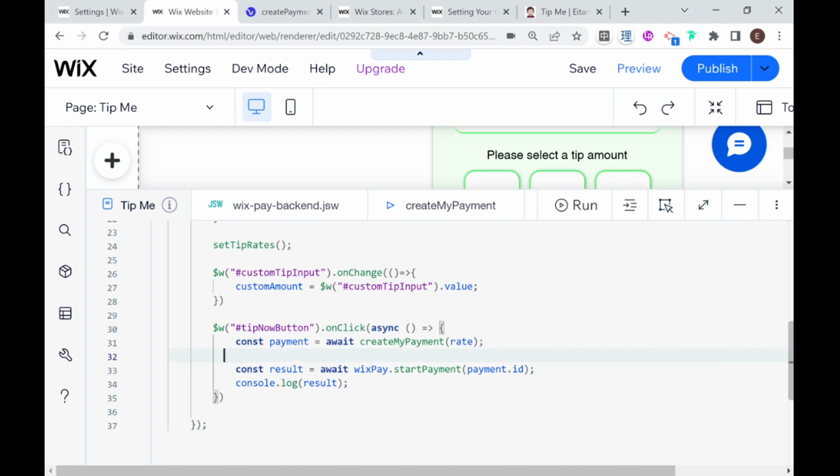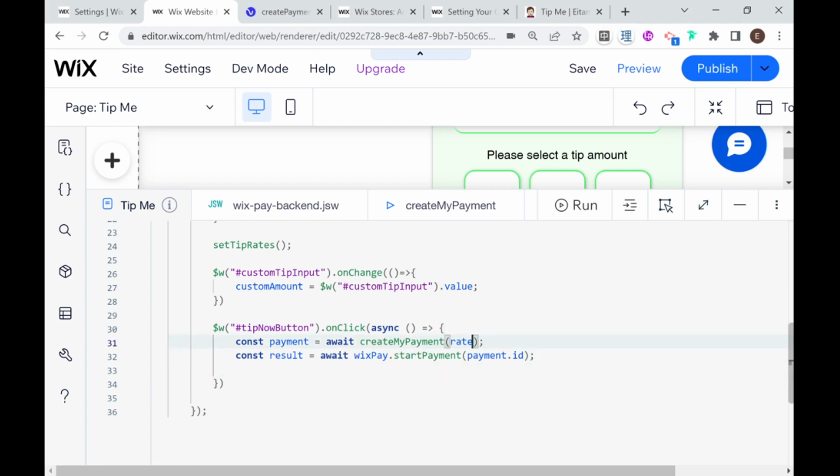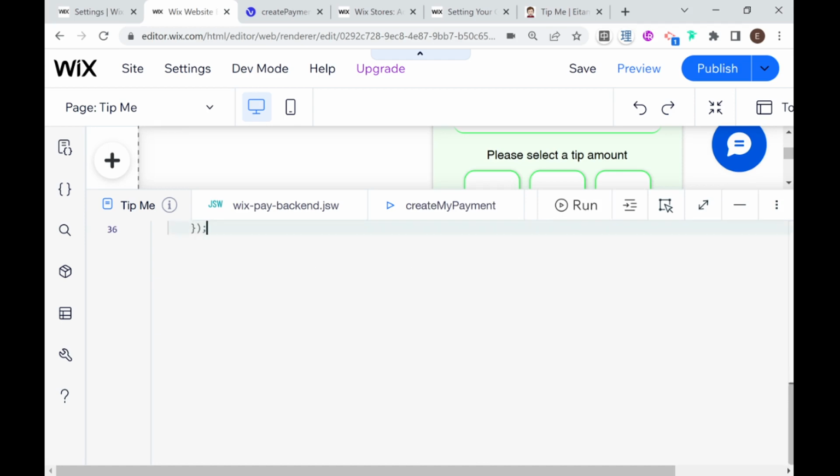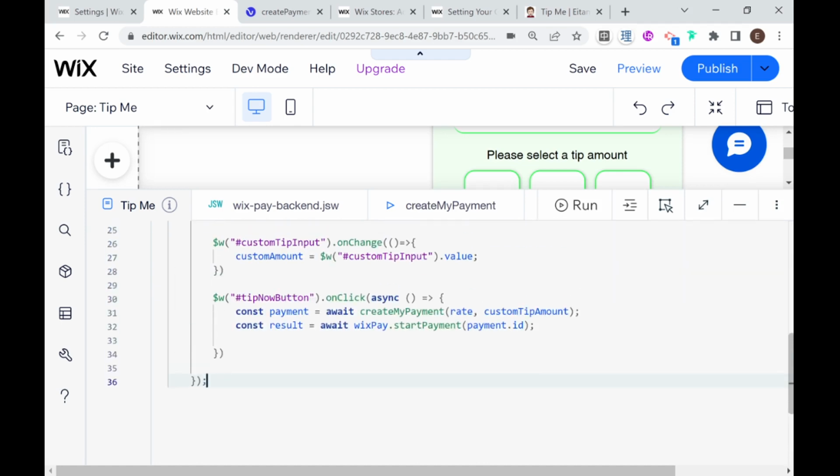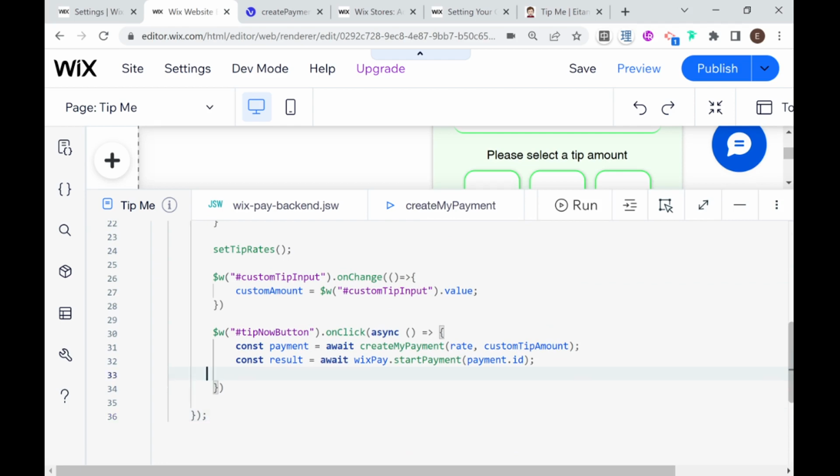So I'm going to go ahead and get rid of these consoles for now. And I'm going to add in condition and pass in, well, actually, I don't need a condition here, to be honest. I can just pass in here custom tip amount. Okay, and now in the back end,